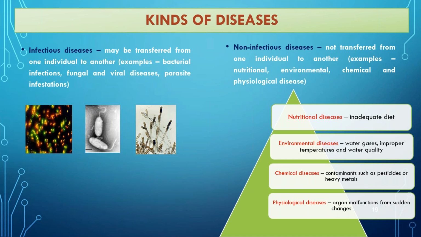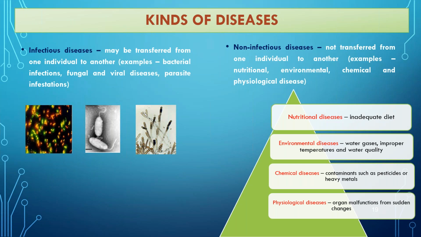So the diseases can basically be divided into two categories. One is the infectious one. Infectious means the causative agents are biotic ones, which can be bacterial, fungal, viral, and parasites. And under the non-infectious diseases, which do not transmit from one shoal to another, those come under